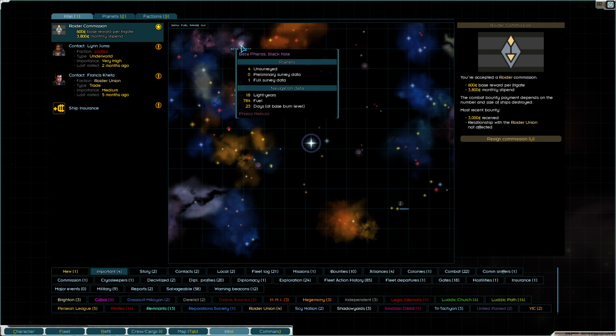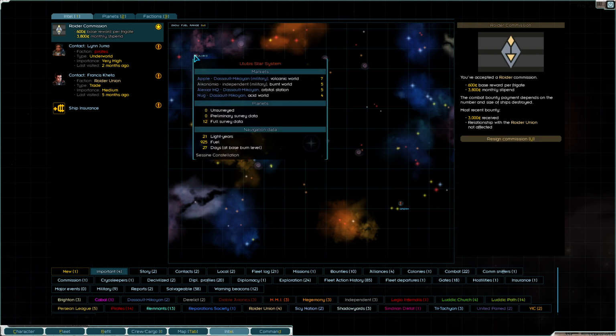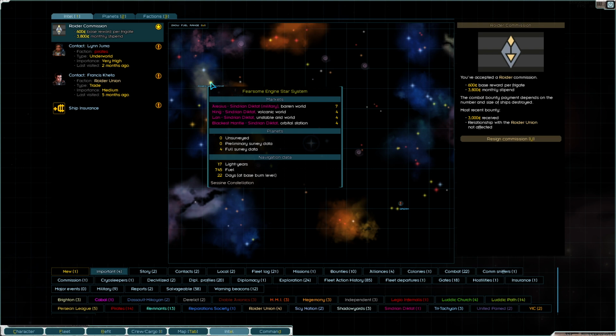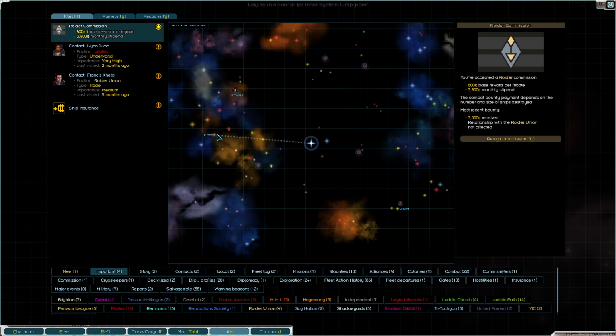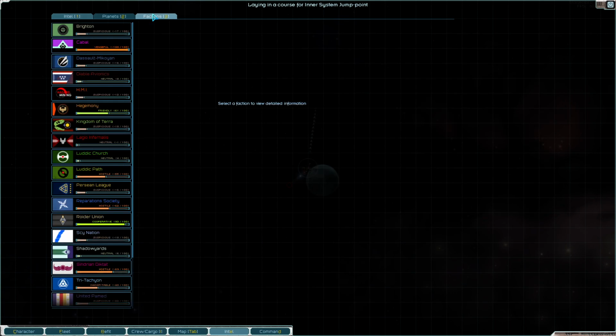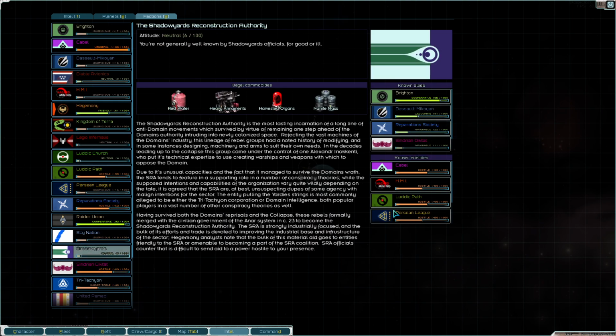So it's probably time to go up to where we can get some good frigates. Dassault Meacan has some very good stuff to it, but I think I actually want to start at the Shadow Yards. Let's make sure the Shadow Yards still like us. There's been a few... Ooh, we need to actually get hostile with Brighton again. So that's another thing we can do. So Shadow Yards, let's poke... Oh, they're actually cooperative with Brighton. They're allied with Brighton. Well,